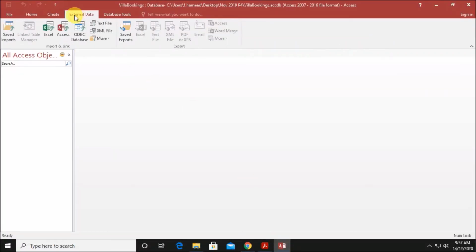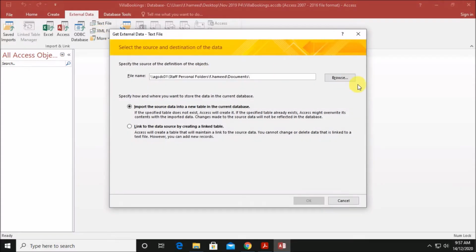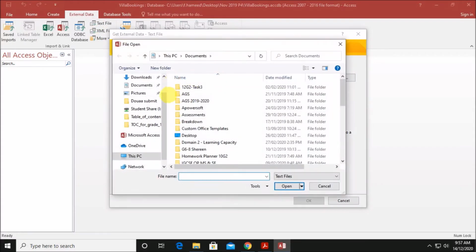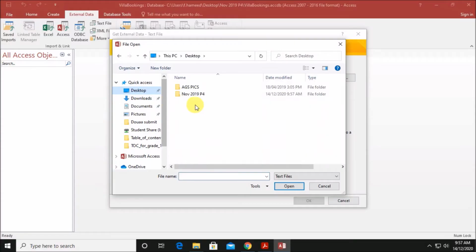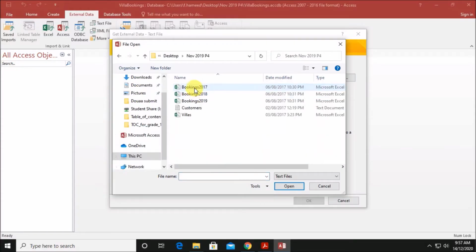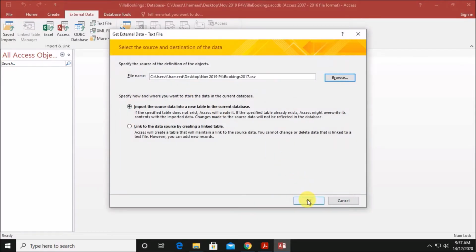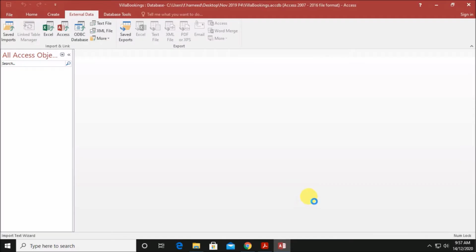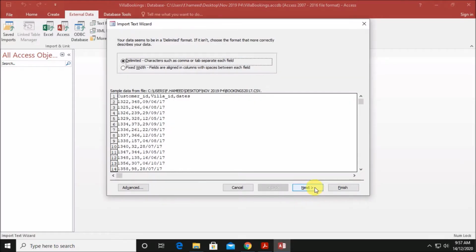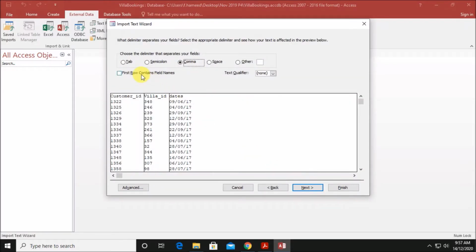So external data, text file, Bookings 17, give OK. Click on Next. First row contains field names. So this is about the bookings made by each customer in the year 2017.